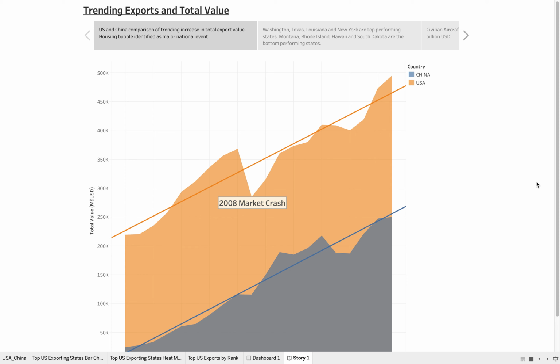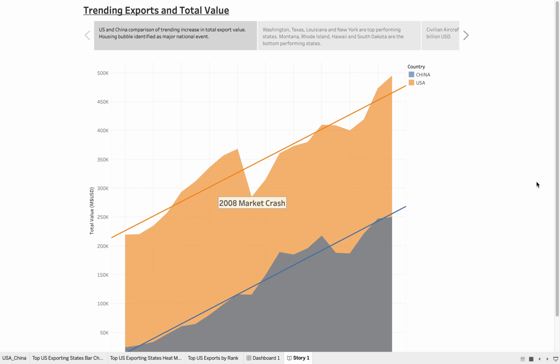In 2008, it is obvious that there was a sharp decline in total export value. Around September of 2008, the Federal Reserve Chair made the decision to produce a bill to Congress to bail out some of the banks within the U.S., and Congress denied that bailout, and as a result, we had that market burst in 2008. So it was easy to identify that downturn within the market, so it did impact the total export value.